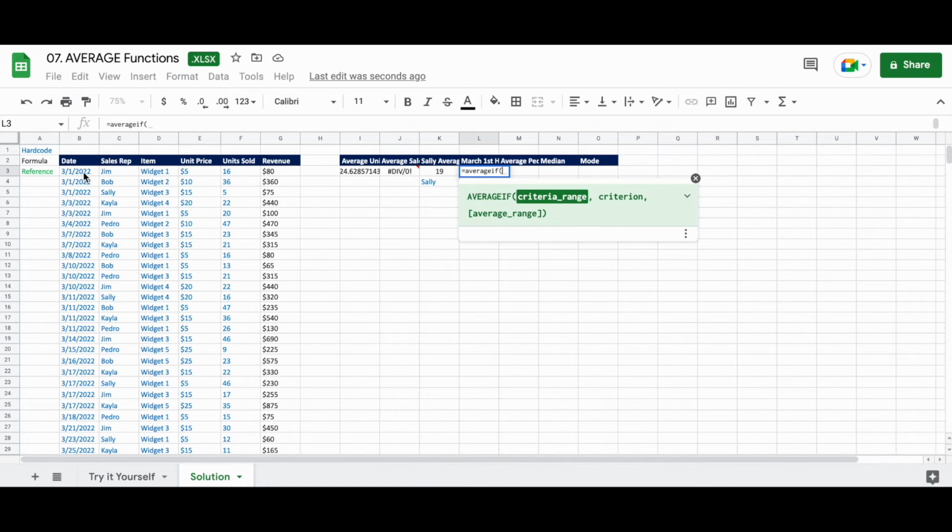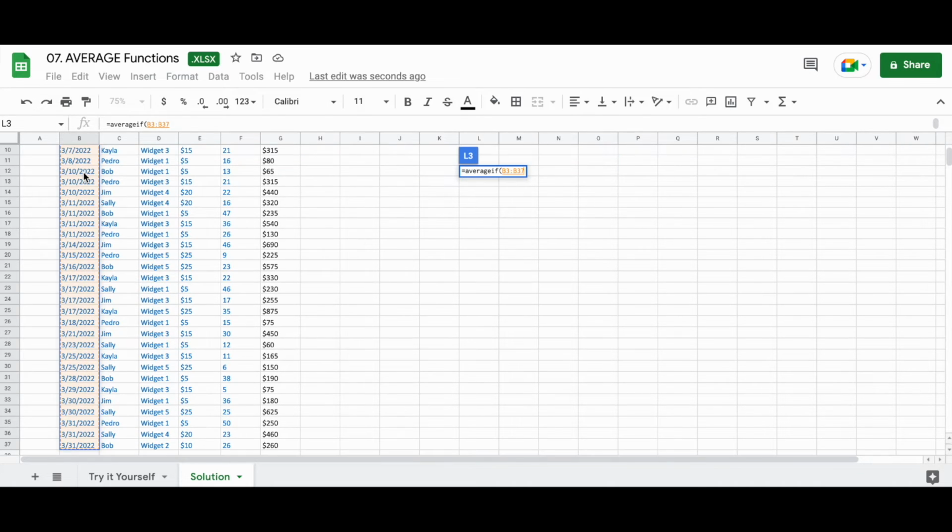So first we're going to select our criteria range, so we're going to go B3 down to B37, lock it, don't lock it, whatever your preference is, comma, and then we're going to do an open quote, less than or equal, close quote,